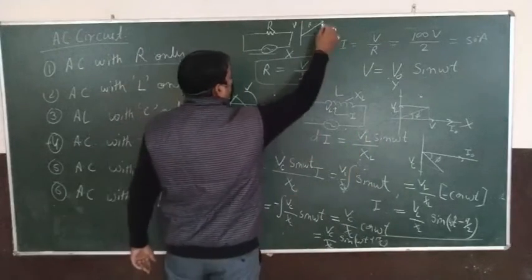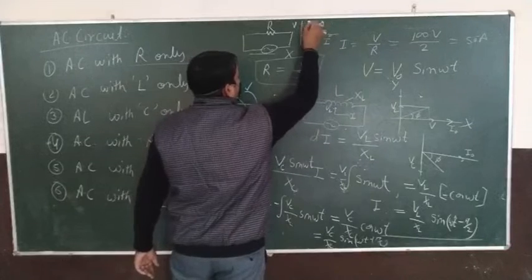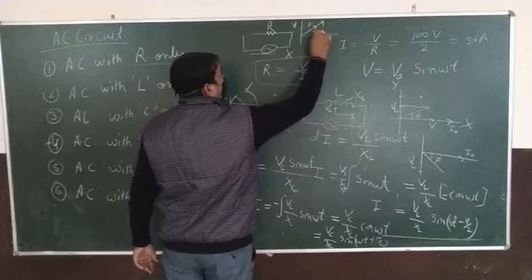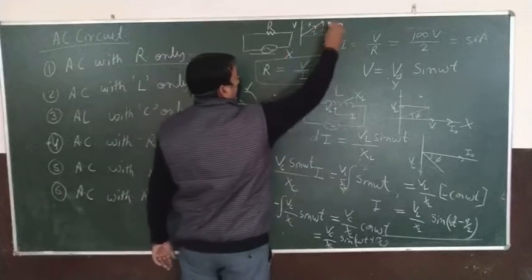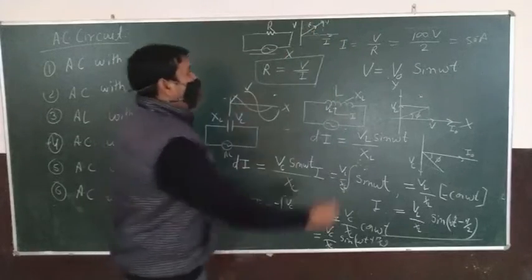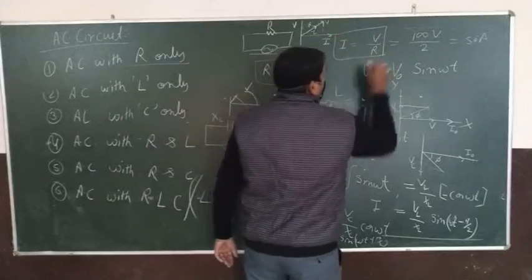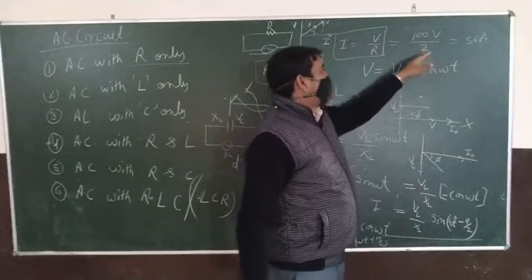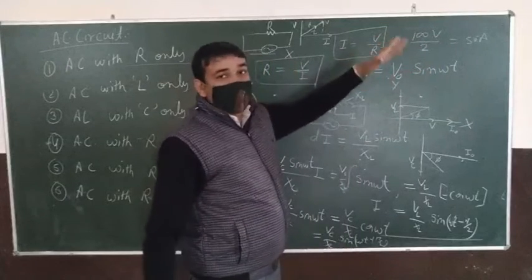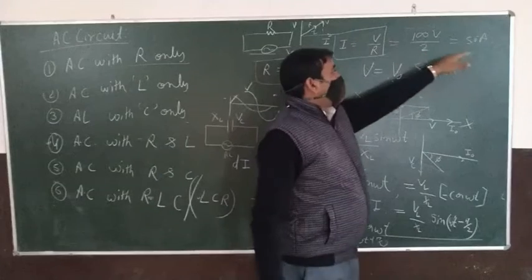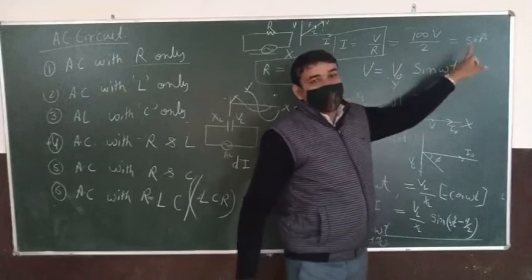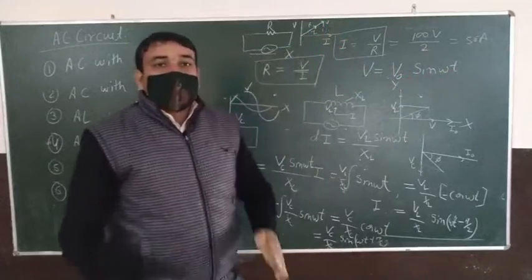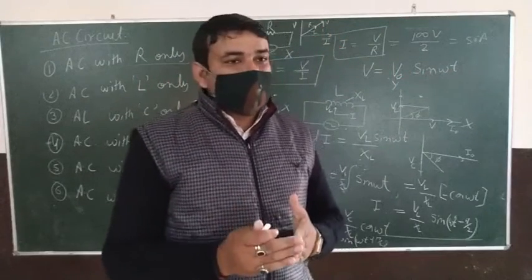So when we draw the graph, we observe the current is always smaller than the value of voltage because of this reason. And we have an example also. If we apply a potential of 100 volt and the resistance has some value, taken 2, we get the current in the circuit as 50 ampere, which is smaller than the value of voltage.